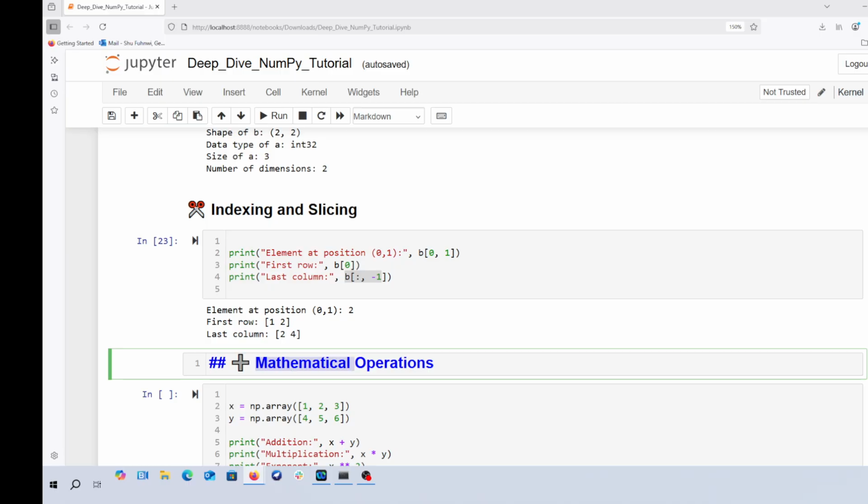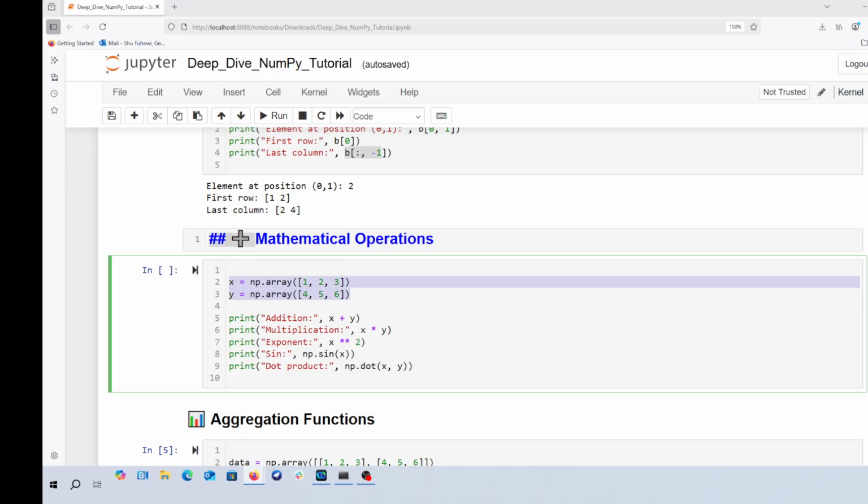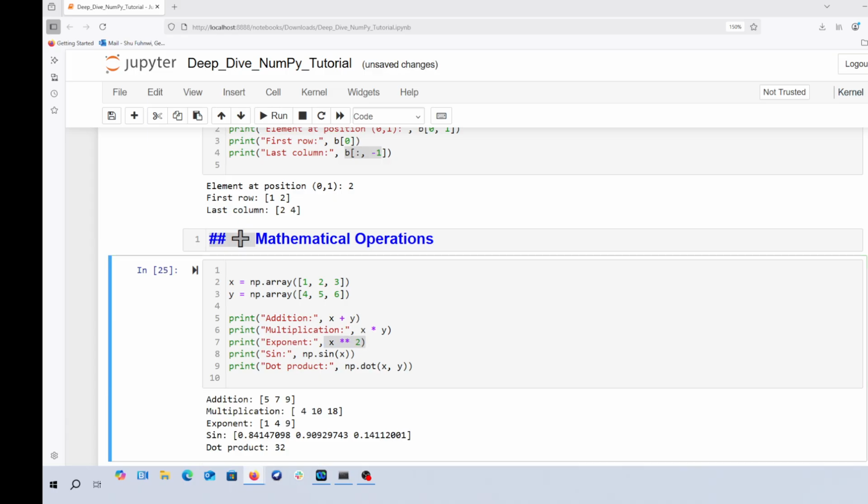Now, we can also do mathematical operations on ND arrays, or matrices, as we term them. This is like vectors, x and y. If I want to add these vectors, I can just do x plus y. Because the dimensions of these two vectors are the same, I can perform operations on them. The same for multiplication, the same for raised to the power. If I print this out, I will see that 1 plus 4 is 5, 2 plus 5 is 7, 3 plus 6 is